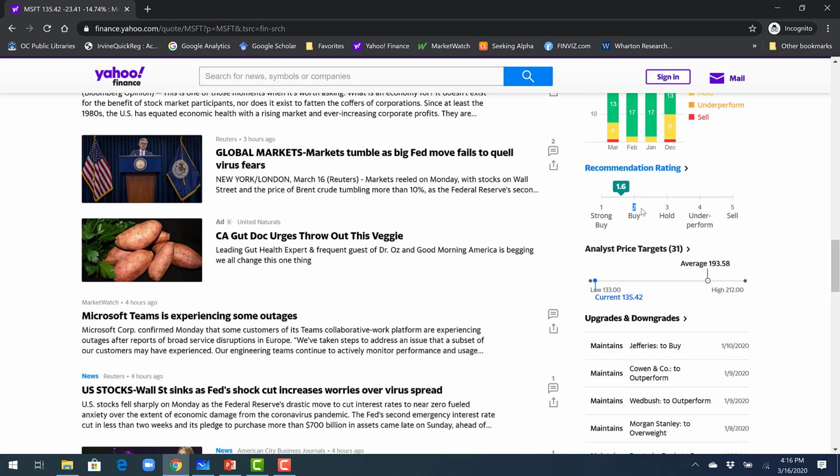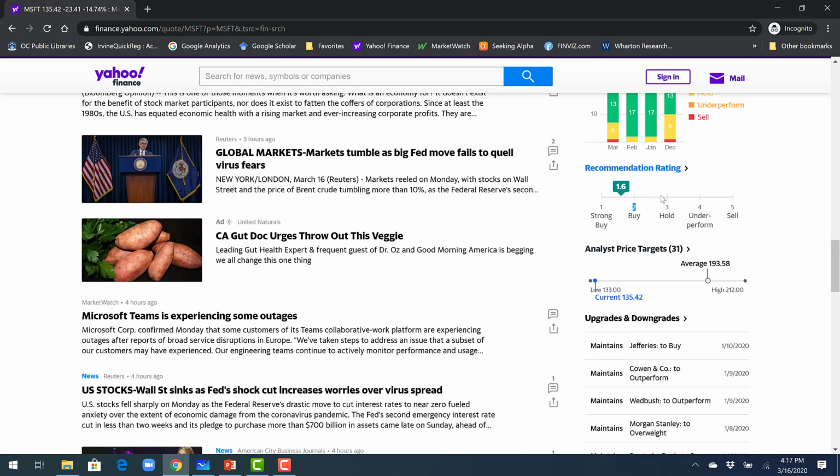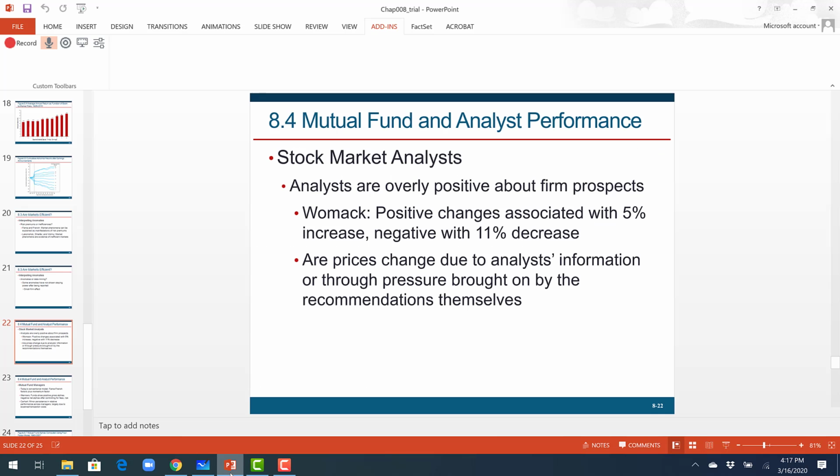And so that is important to keep in mind in looking at the evidence here, because it seems like analysts on average are optimistic. They tend to give more buy recommendations as versus sell recommendations. So buy is nothing special. Buy is just average. But then you can say, well, okay, if buy is average, I'll focus on strong buys, and I'll focus on sell, and I'll buy only those stocks for which the recommendation is strong buy, and so on, right? Well, it turns out that